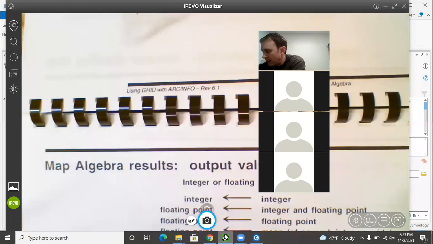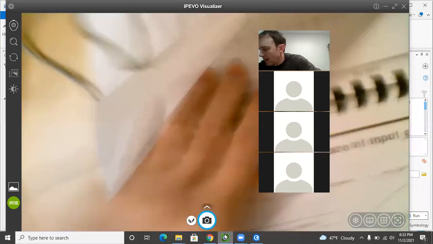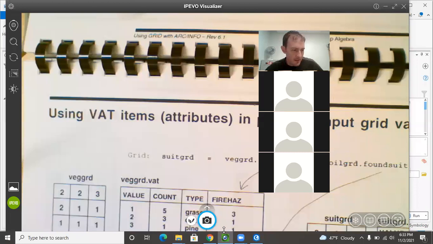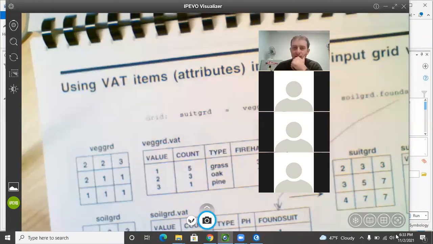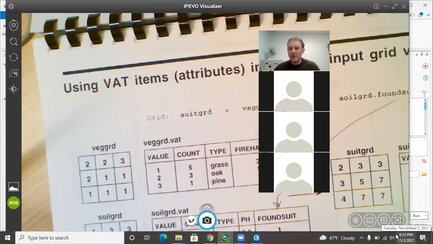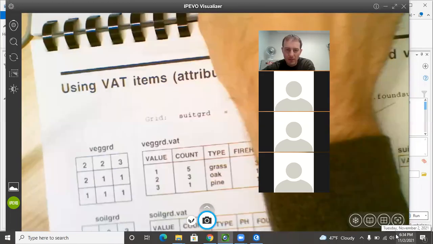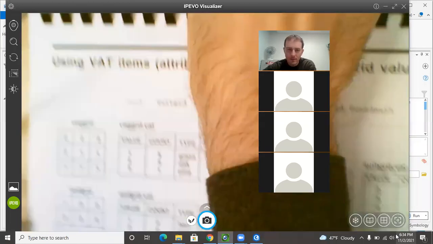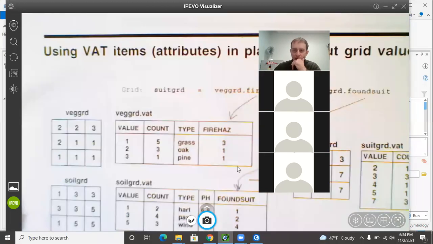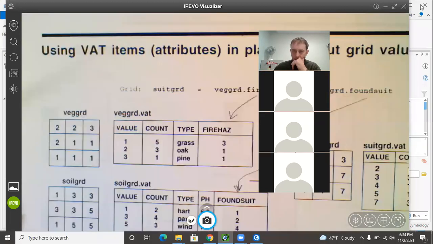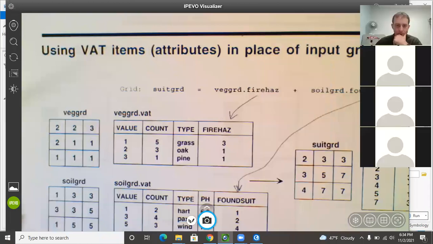Let's flip over and we'll keep on going here. On page 916, here's an example of some flexibility of what we can do. It's kind of like a join. I think of this similarly to a join. It's not really a join that we think of in our vector type of analysis world, but yet we can use, I have to move this window around here. Sorry about that. So what this is saying is we could create a new